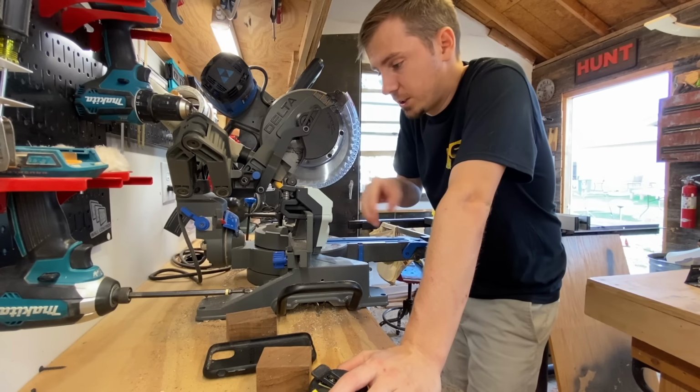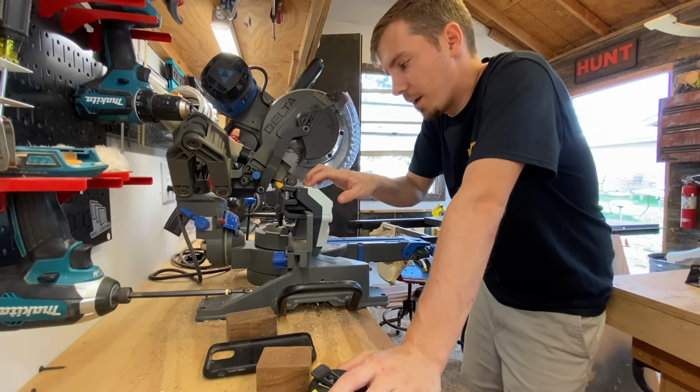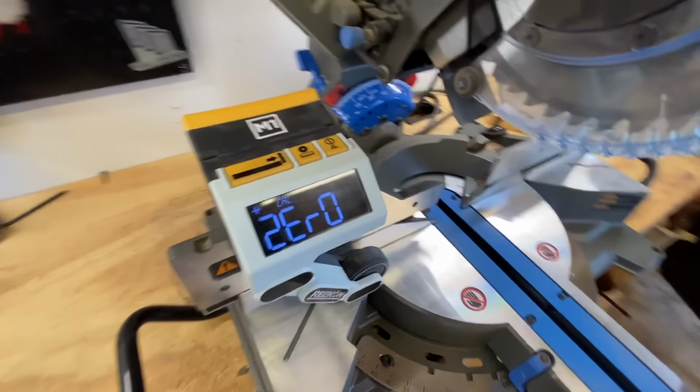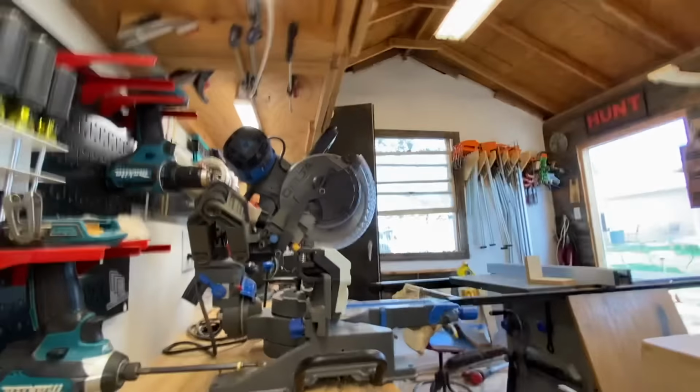To start calibration, you hold the two buttons on the left, and then you click the button on the right, and it comes to calibrate. You'll see, it'll say Cal, C-A-L, and then it'll tell you that you need to zero out whatever material you're using. You'll need a material that's a little bit over 6 foot to calibrate,